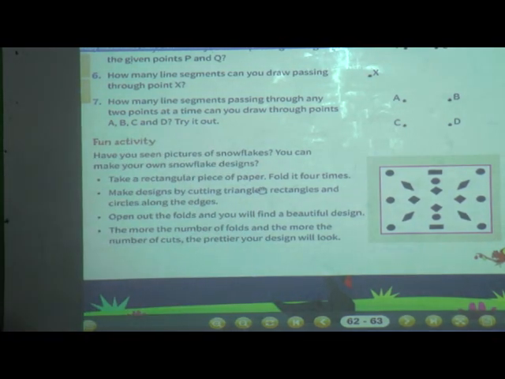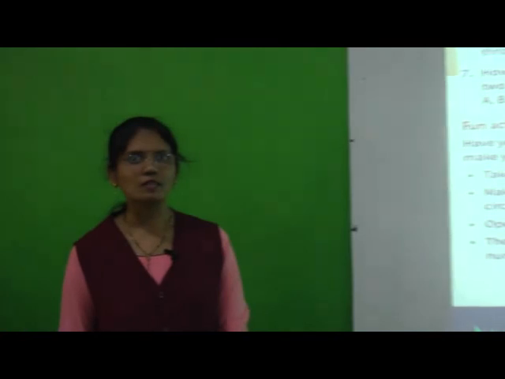Okay, understood? So in the fourth lesson, first we have seen the plane shapes. What are the plane shapes? Square, triangle, rectangle and circle. Then we have seen solid shapes: cube, cuboid, cone, cylinder and sphere. After that we have seen the properties of solid shapes. Then we have seen patterns, and finally today we have seen what is meant by tiling. So today we have completed lesson number 4.